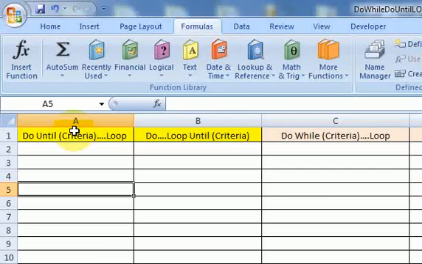Hi guys, in this video I want to talk about the do until and do while loop and basically just cover the structure of them and show you that you can put the criteria at the beginning of the structure or at the bottom. So let's consider a case where